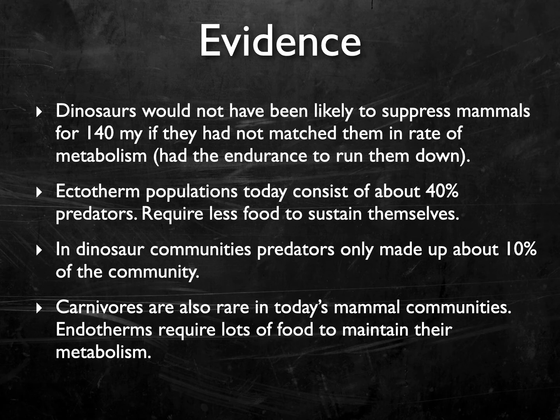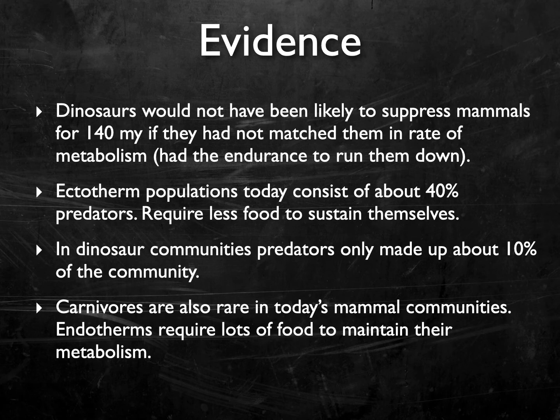Another thing is that ectotherm populations today consist of about 40% predators. They require less food to sustain themselves. So in dinosaur communities, predators only made up about 10% of the community. You can't have as many predators if you need more food to feed them. So you can just look at the relative abundance of predators versus